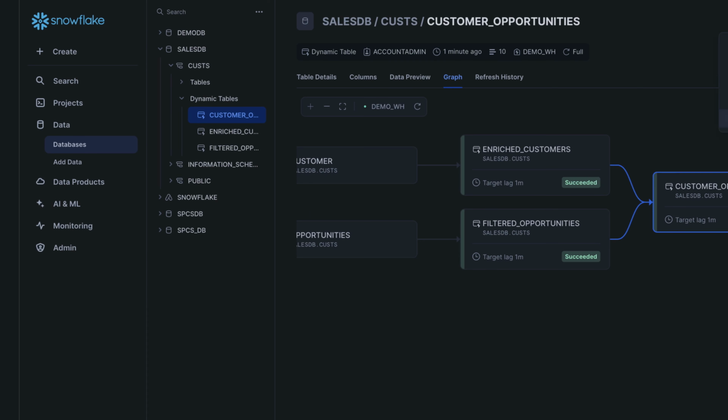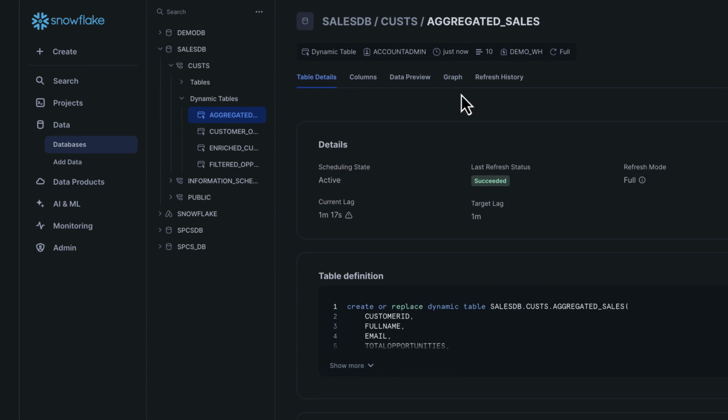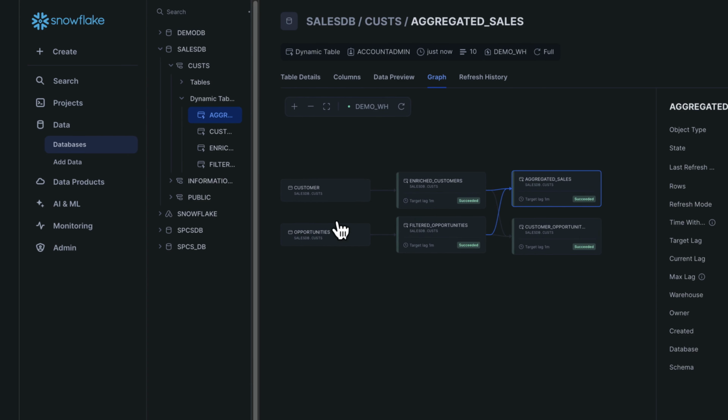Well, that refresh will manually refresh and process the data, but that's not what I want. What I want is we've created aggregated sales. Take a look at the DAG. Now you can see we have original base tables. These here are regular Snowflake tables, customer opportunities, enriched customer, and filtered opportunities. We've derived aggregated sales based on that, and you can see the